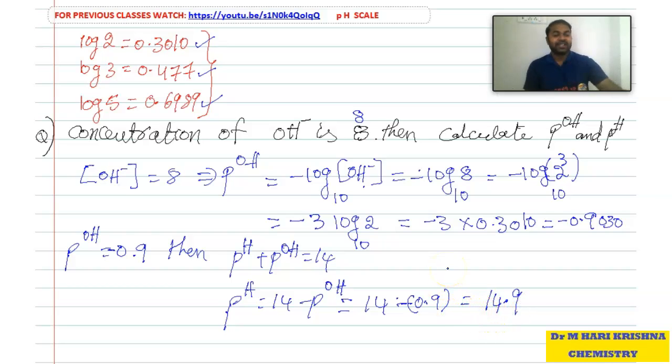Students, actually these are the examples. That's why we got 14.9. Actually pH value will not be 14.9. So these are the general examples. We cannot get 14.9 pH value. But just for example, we did how to solve if they given concentration of OH minus. So based on concentration of OH minus, how to find out pH and pOH? But actually we cannot get pH value as 14.9. So theoretically, practically it is not possible. Just for example only we consider this one.